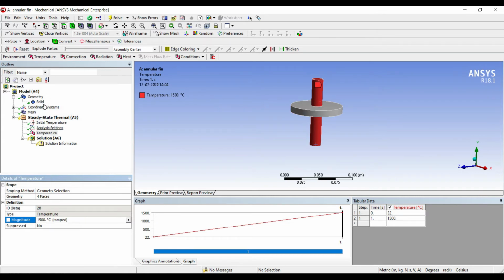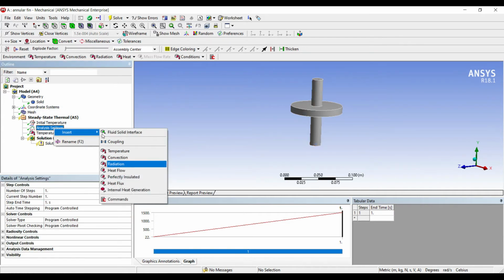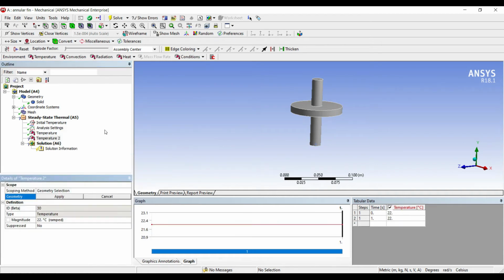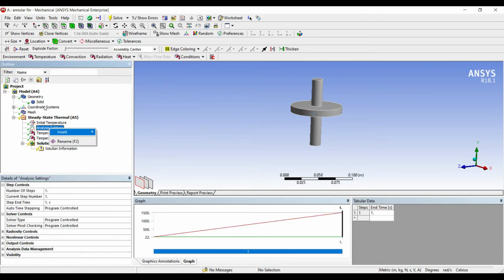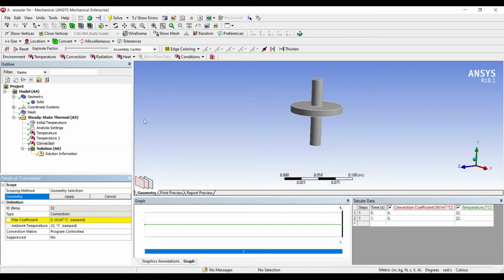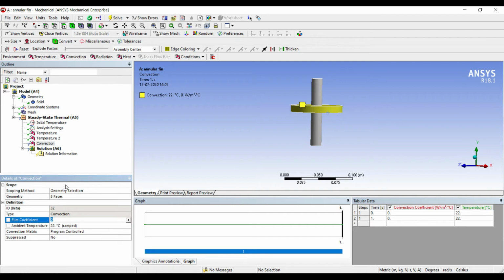I also want to give another temperature on the surface, apply, say it is 22 degrees Celsius, I'll leave it to what it is, as the ambient temperature. Also I want to give convection coefficient, so I'll select the surface, click on apply, say the film coefficient is 0.03.